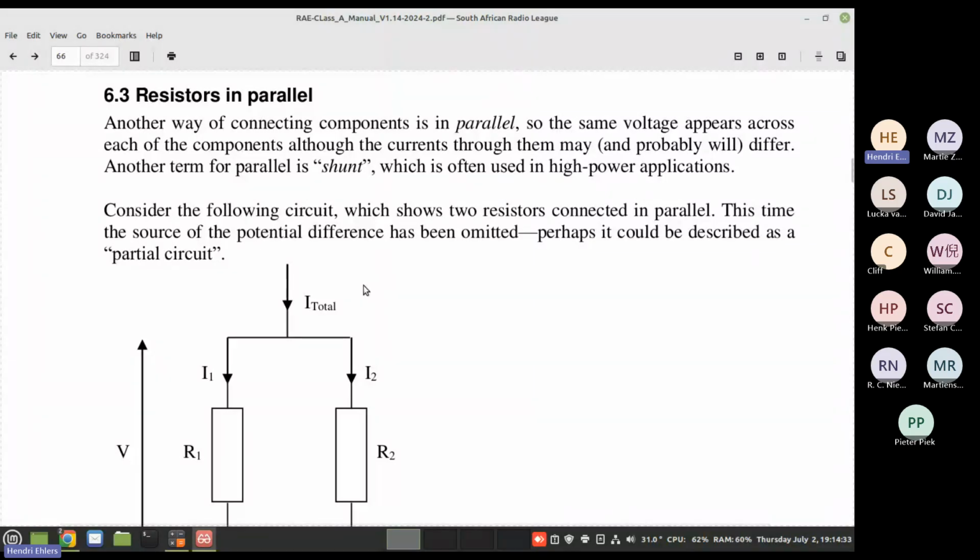Now, when we get to parallel circuits, the calculation is slightly different. A person would use a parallel circuit for one reason: you don't have a resistor that can handle the current that is needed or the power that's needed. But if you put two next to each other, they will share the work and the circuit will function. That's the one reason. Now I forgot what the other one was that I wanted to say.